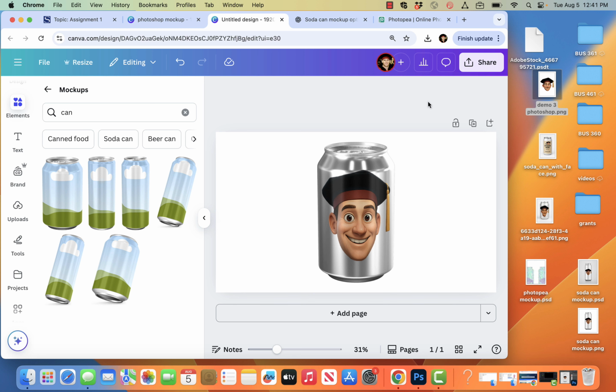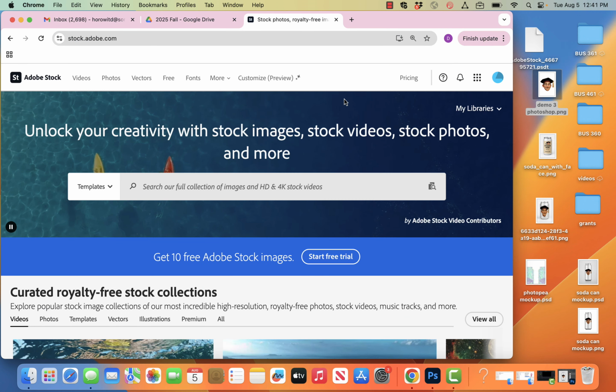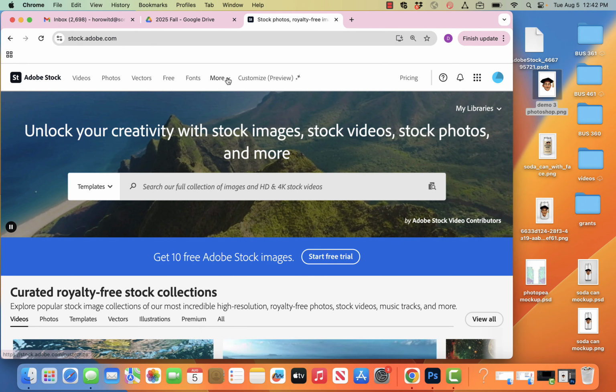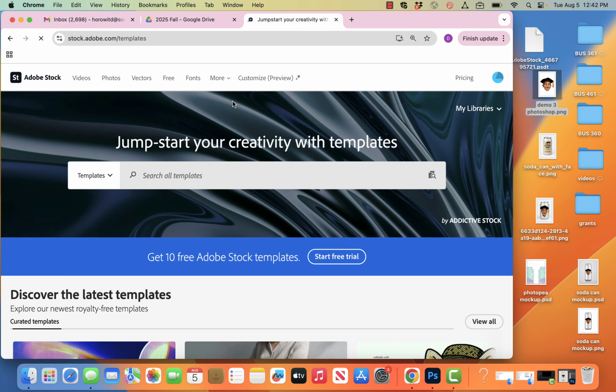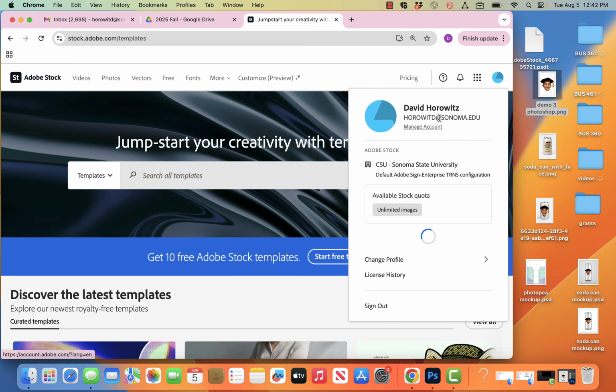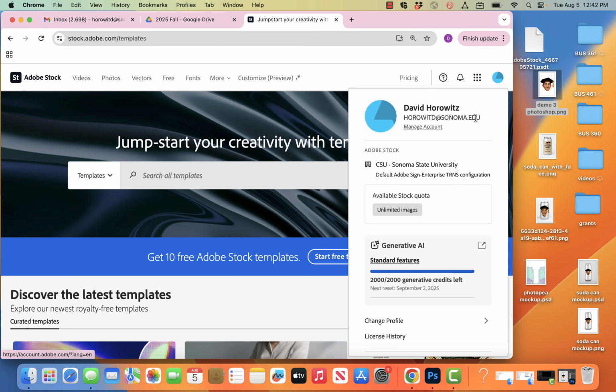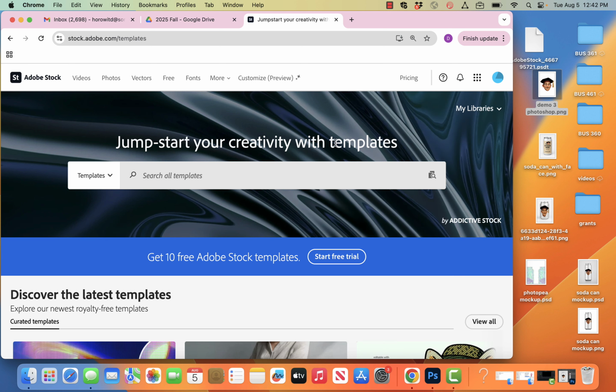So Adobe's been doing this with Photoshop forever with smart objects, which is what we want to do, right? So what we want to learn. So I am going to come here to Adobe Stock, go to More, go to Templates. I'm in my sonoma.edu. So my Canva with my Gmail, so I got to use a different browser. Same browser, different tab, different window. All right, and so now I have access, and I think you can kind of scroll down here a little,